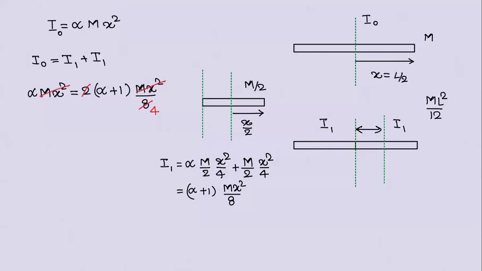So it will be 4 alpha equals alpha plus 1, so alpha is equal to 1 by 3. Now put this value here, and you can find the moment of inertia of a rod. The moment of inertia of a rod about an axis passing through its center will be 1 by 3 m, what is X? L by 2. Let us put L by 2 finally. L by 2 whole square will be L square by 4. So the moment of inertia will be m L square by